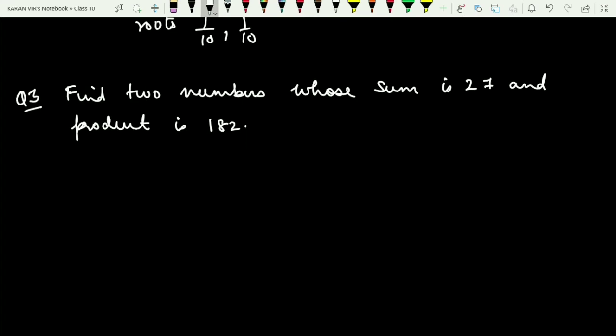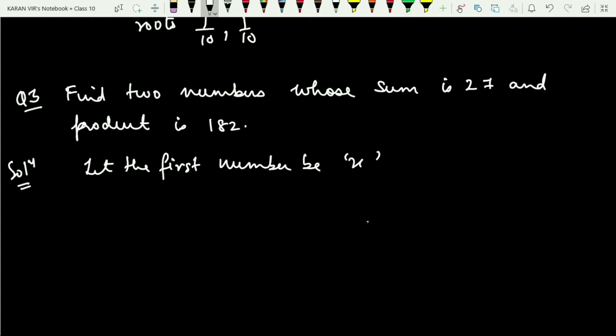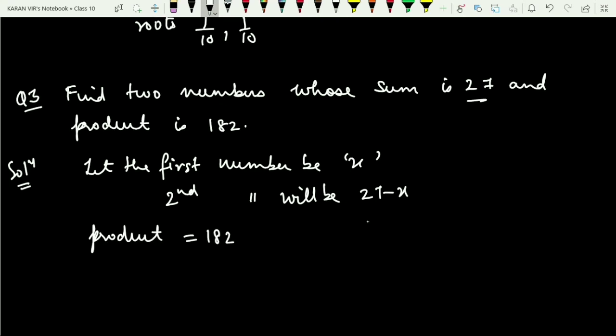So the next question is, find two numbers whose sum is 27 and whose product is 182. In order to solve this question, we will assume the first number to be x. Since the sum of two numbers is 27, the second number will be 27 minus x, because the sum of these two numbers is 27, and the product is given to us as 182. So just multiply these two numbers, so this will be x into (27 minus x)